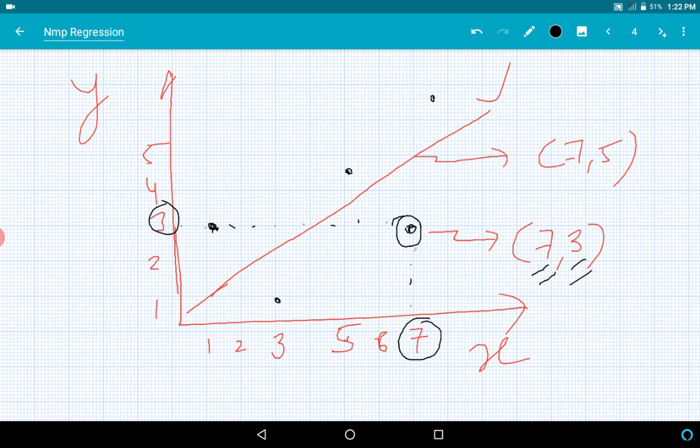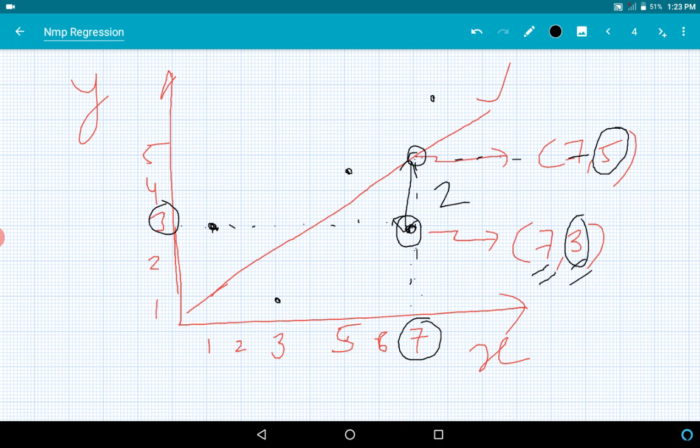But the predicted value is given by our line. Our line is saying that for x equal to 7, this is my point. This is not the actual point, but the predicted point. The coordinates of this point are 7 and 5, right? So the predicted value of the y coordinate is 5, whereas the actual value of the y coordinate is 3. So what is the error then? If I draw a straight line, this much is the error. In this case, the error is 2. I can consider the error to be negative or positive, and use my terminology based on this.